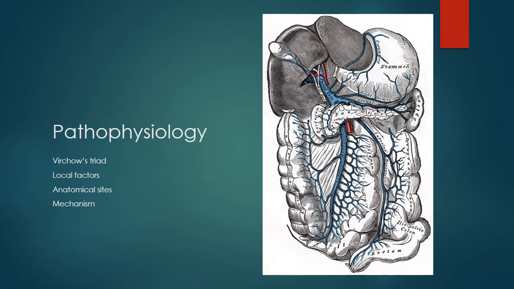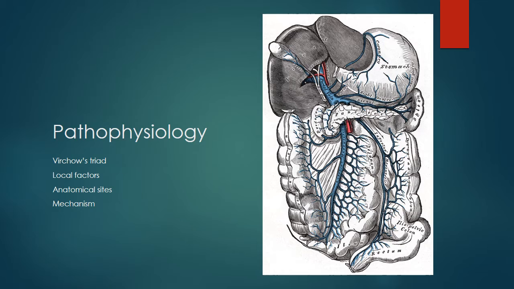Now, the conditions that cause mesenteric vein thrombosis are the same as the factors that cause venous thrombosis in other parts of the body. Particularly, Virchow's triad applies. As you will recall, this triad is the combination of stagnation of blood flow, vascular injury, and hypercoagulability that all contribute to cause blood clots in the venous system. In the case of mesenteric vein thrombosis, local factors such as recent splenectomy or pancreatitis tend to create the conditions for